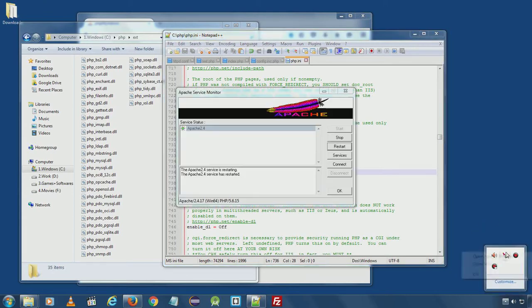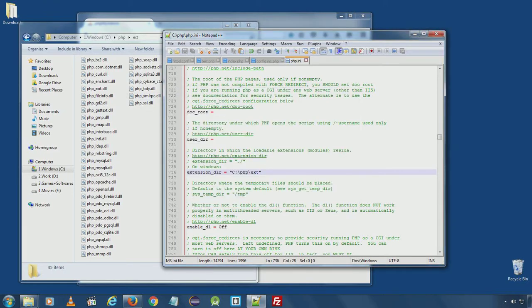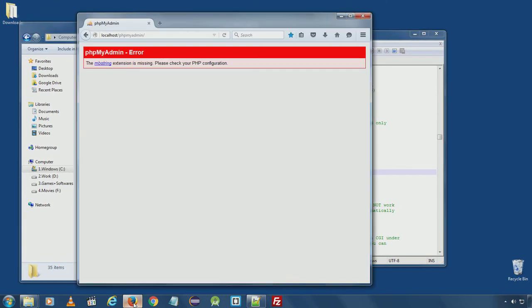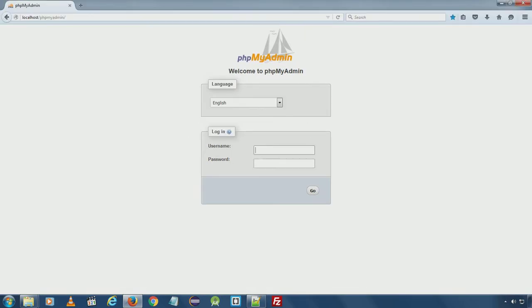Now open Apache Monitor once again and restart. Now all the necessary extensions will be loaded. If you go to phpMyAdmin and reload, phpMyAdmin will load.